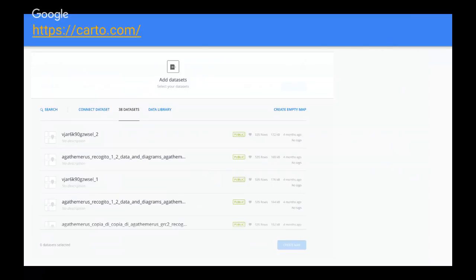But on the other hand, it has some advantages for people who do not particularly like to have an application installed on their computers. So basically, the concept of Carto, it is a web application. So you just log in with your own GitHub or Google credentials, and you will be immediately redirected to your own profile. And you will be able to build a map from a data set, which is another way to say that you need to upload a CSV or a KML file. You can also play around with their own particular data sets if you want, and those are especially complex kinds of files. So you will have to connect the data set to Carto. You will have to browse it.